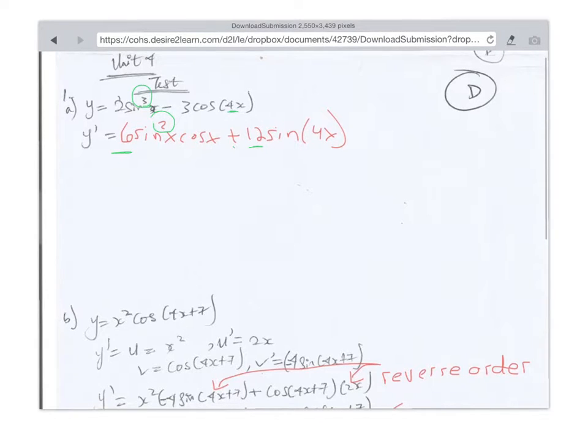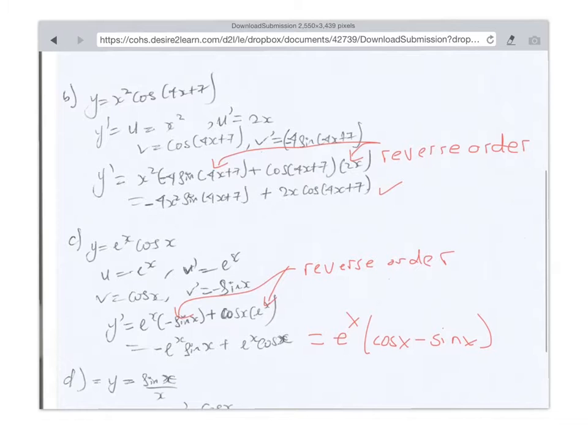All right, question B. Again, I mentioned this in a previous assignment that you're doing your product rule in reverse order, and that's going to affect your quotient rule, although it didn't in D, I noticed, so that's good. The answer is technically correct. It's just that it's a bad habit to get into because it's going to create problems for you when you're doing quotient rule. The other thing that you can do to nicely finish this off would be to factor out